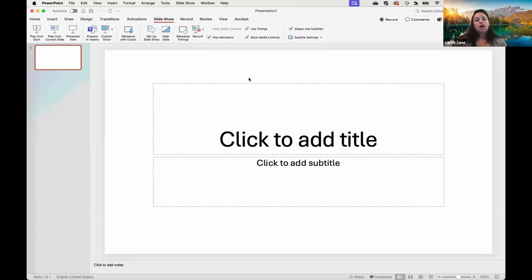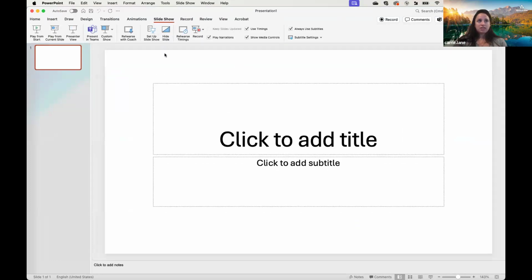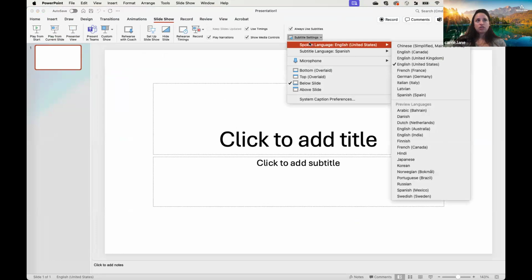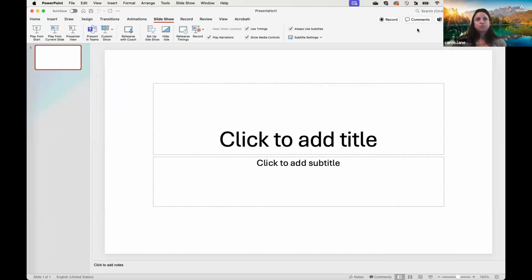So one thing that you may not be familiar with is the fact that while in Google you can do live captioning, you can do live captioning with a subtitle in a different language within Microsoft, which is really nice. So if you go into the slideshow button on a presentation and you go into always use subtitles and subtitle settings, you can then turn on your spoken language, for me, English, and then I can turn on my subtitle language, which just for this, I selected Spanish. And then once I start my slideshow,